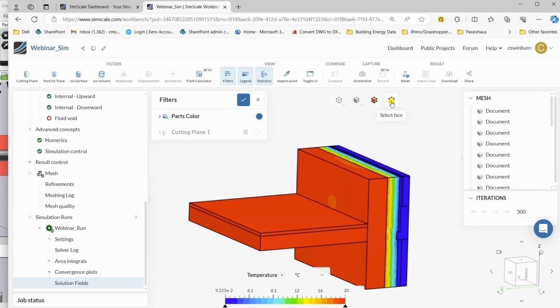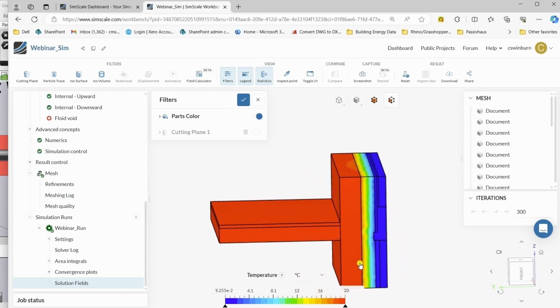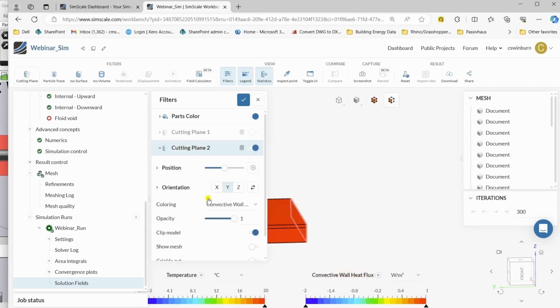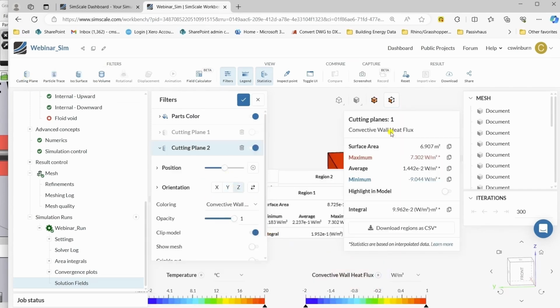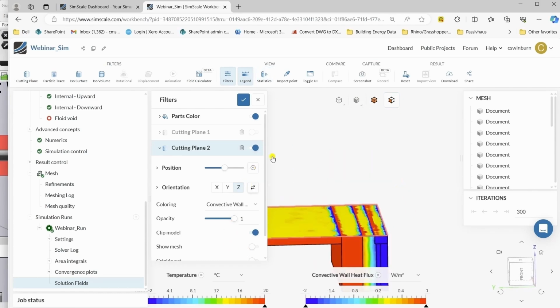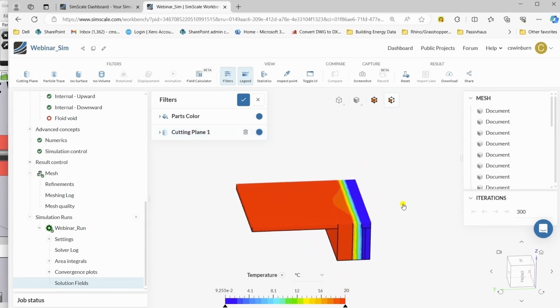So as well as getting general temperatures, we can check surfaces. We can also do cuts, which allows us to peer inside the model. I can create a cutting plane, for example, in the Z axis. Let's just turn off statistics for a minute. Let's reverse that, change that to temperature, and now you can see in here a cutting plane, which if I